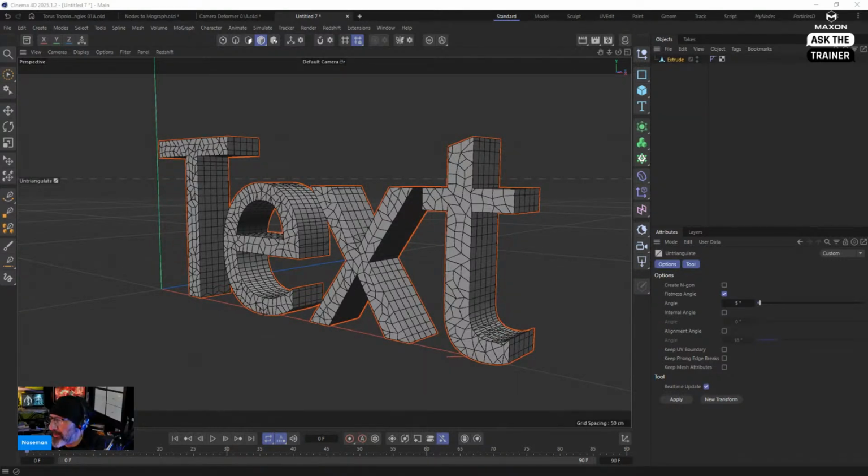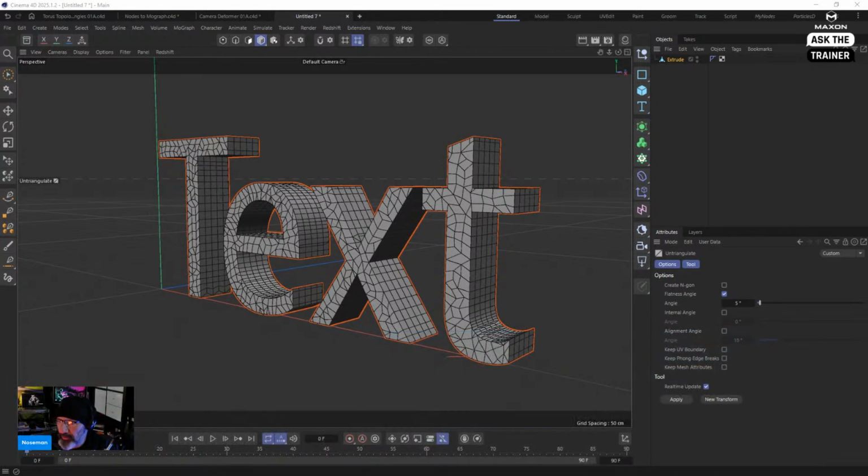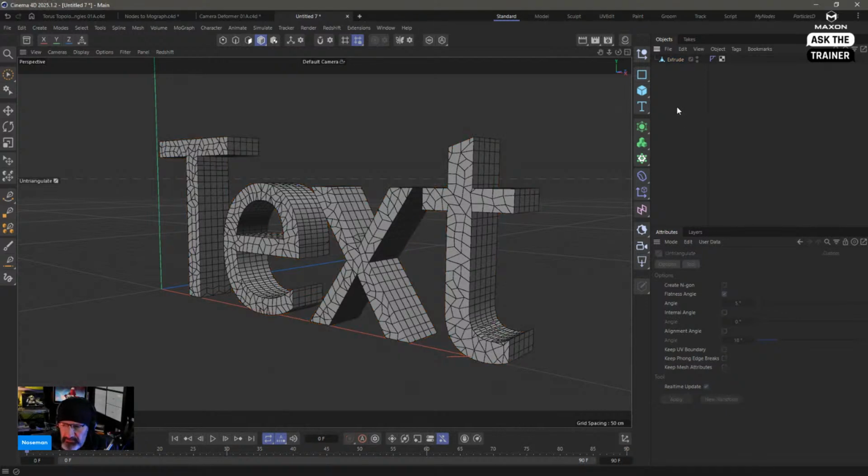Okay, let's see what this is. Adam, question: when you have the result of a simulation, big pile of objects, how can you turn that into a permanent one? Oh, you right click and you say current state to object. Now you have to be a bit careful with that. It depends what thing you're doing. So